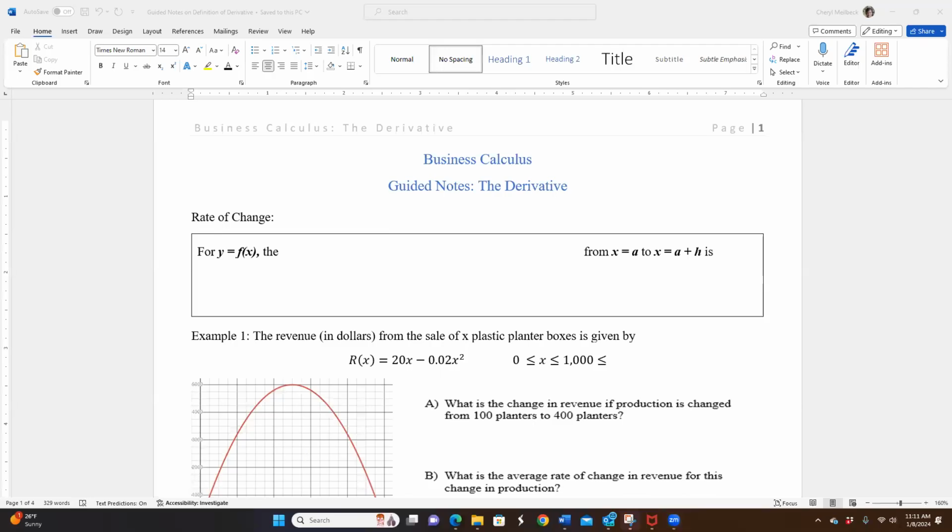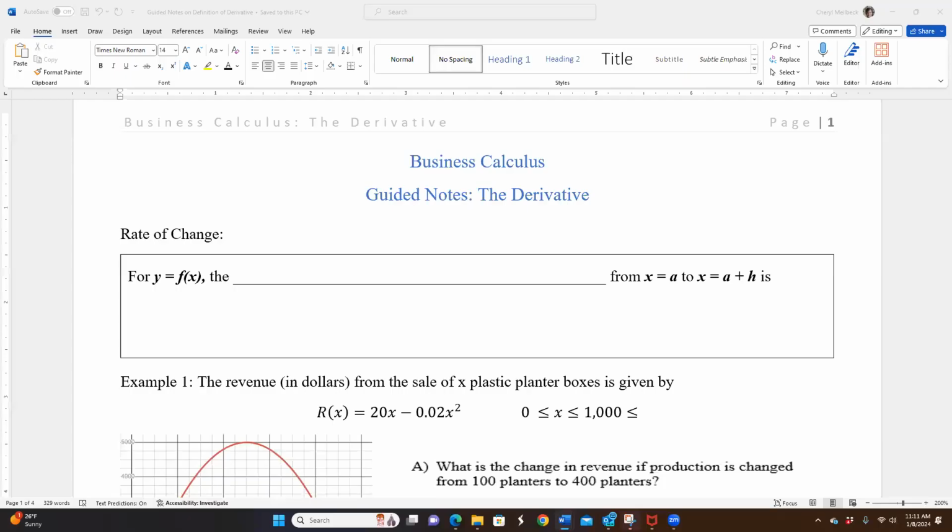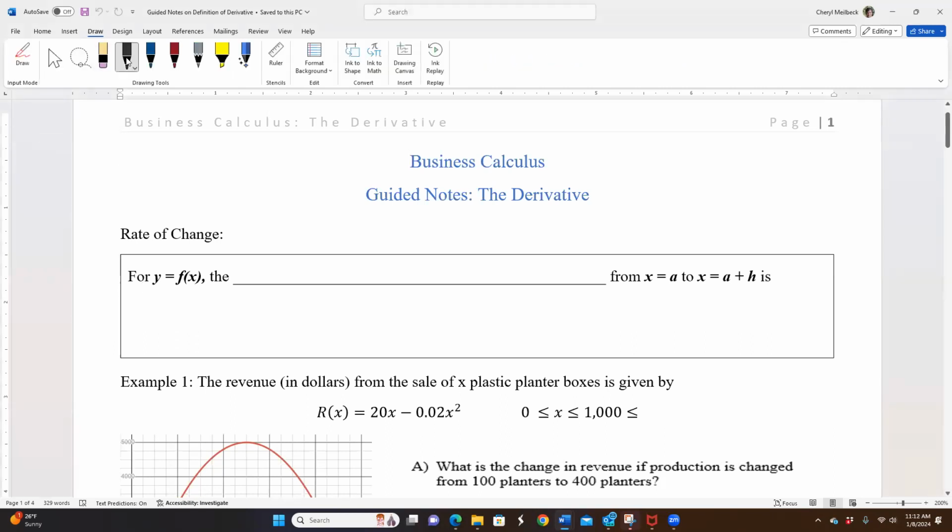In this video, we're going to look at the concept of the derivative. Now, as we develop that concept, we start with the concept of rate of change. So in our little box here, we're going to write that for y equals f of x, the average rate of change